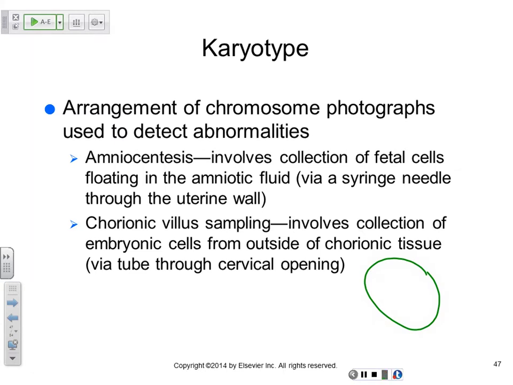So this is the chorion, and then the cervix, so this is the uterus. And then you have the cervix here. When they go through the cervix like that, the first membrane they're going to get is the chorion, and those are fetal cells, because part of the placenta comes from the fetus. So that's a less invasive way because there's less chance of damaging. And then they get those cells, and they take the electron micrograph picture, and they show the karyotype, and they can see any kind of conditions that may occur, right?